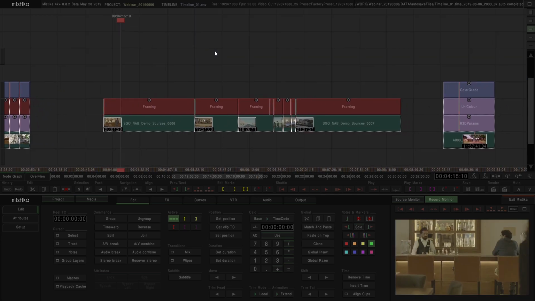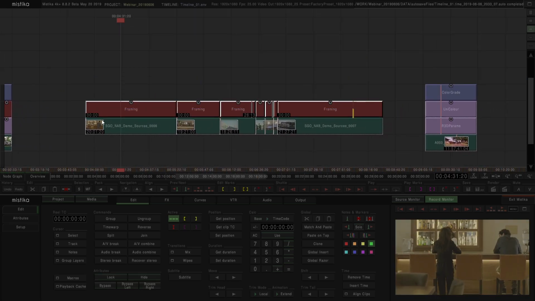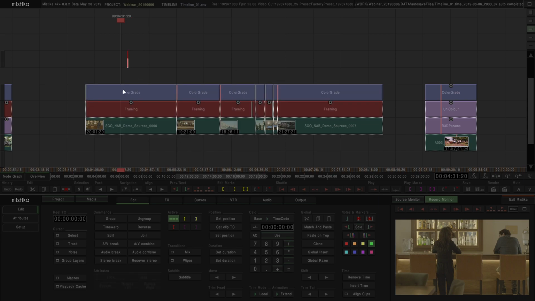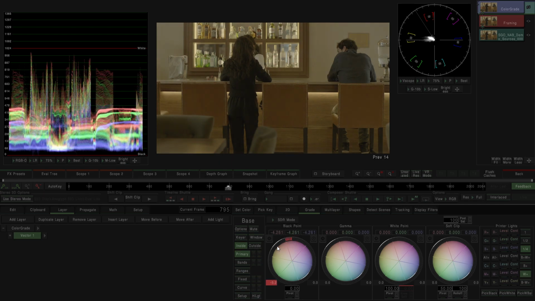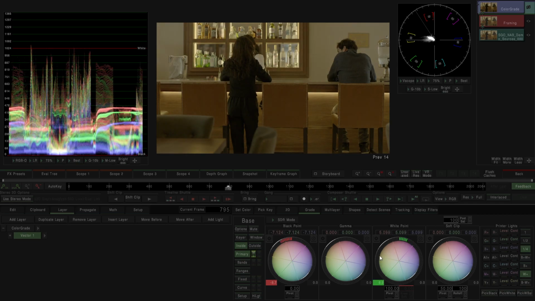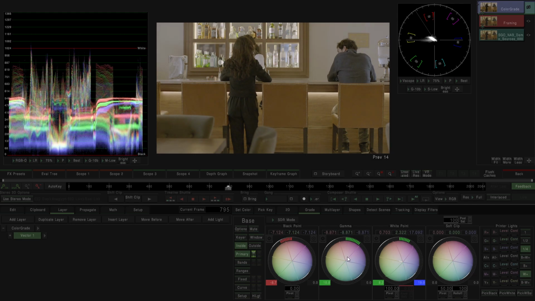So over here, I have another shot, and I'm going to apply a color grade effect on top of this. And let's enter into the clip, and well, let's do a quick primary correction. We could see there is a quite heavy yellow dominant. So I'm going to take this slightly to blue, try to compensate. I'm going to bring the gamma up just a tiny bit. Also, see that black clothes there really helps us to set the black point in the shot. Okay, and let's add another layer,